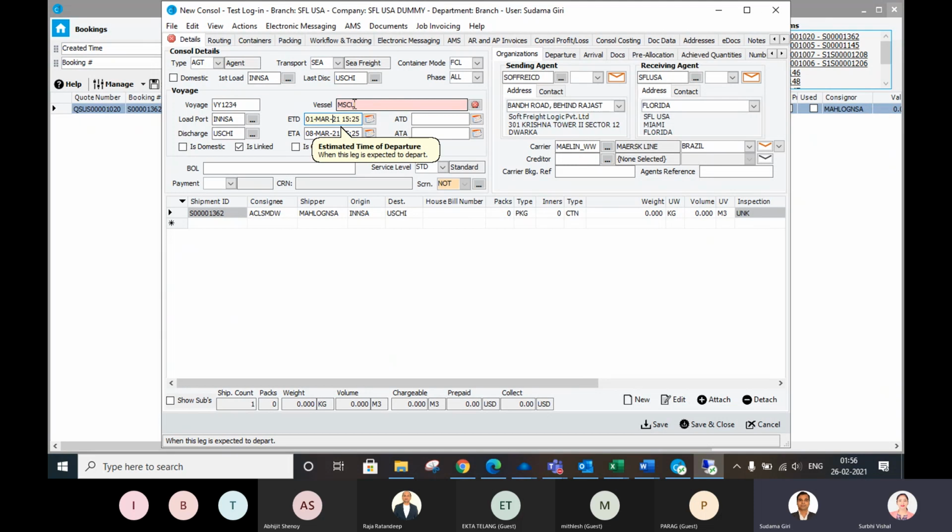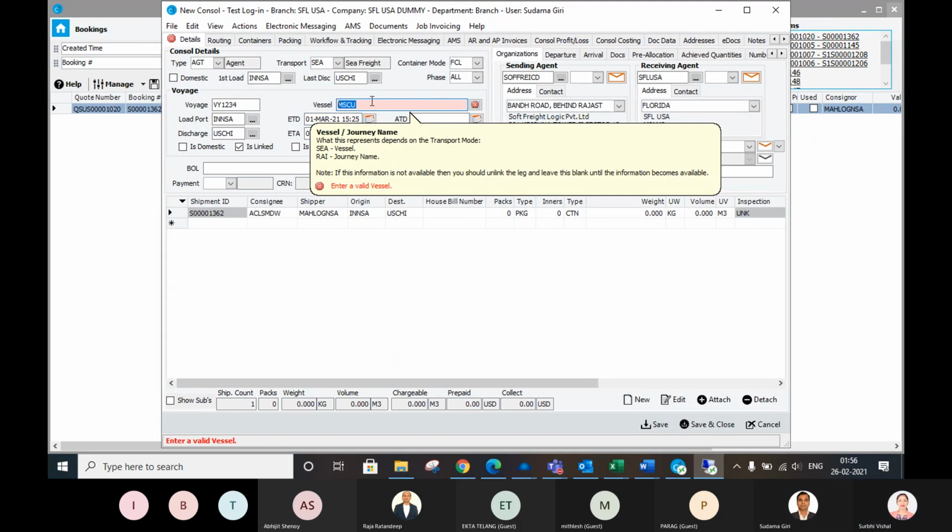Sudama, put A plus, A plus, A and then equals to bar.